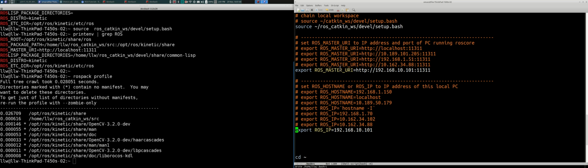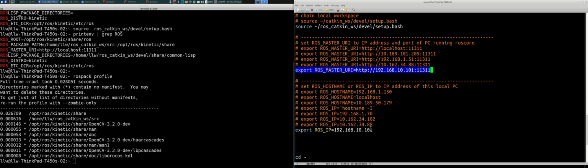The last two environment variables that we want to set in our bashrc are where the ROS core is going to be running, and what IP address and port number. That can be any IP address that you can route to, and any port number. But by default, the port number is 11311, and the IP address of my PC on the TurtleBot network is that. If you want to be able to access my ROS core, you should set your ROS master URI to this. So if you want to introspect into things that we're doing in the next 10 minutes,